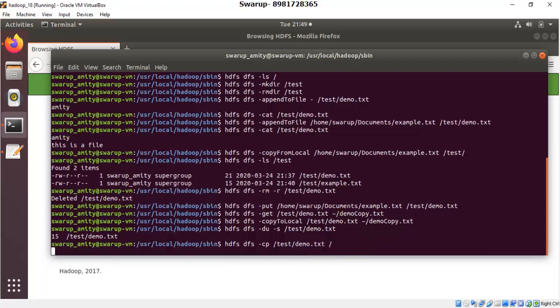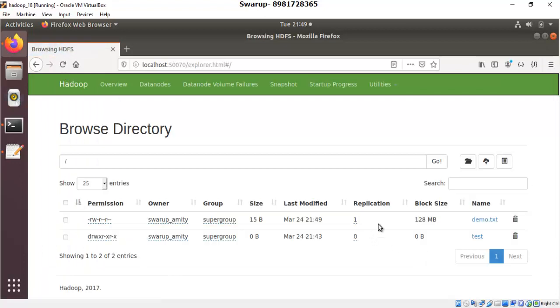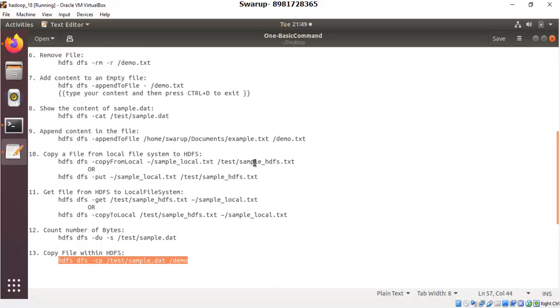So we are copying it. CP stands for copy. MV stands for move. The same thing. It will be like a cut paste. And let's come to the browser and let's refresh it over here. I'm supposed to get the file. See, we have the file called demo.txt. Okay, so we have successfully been able to handle cut, paste, move, copy from local file system to HDFS file system